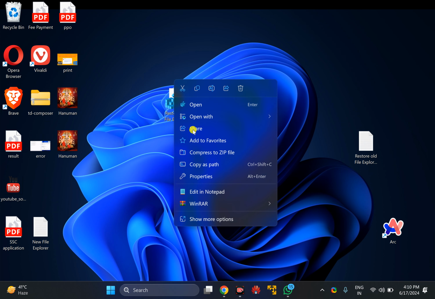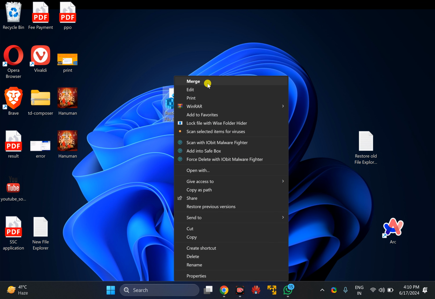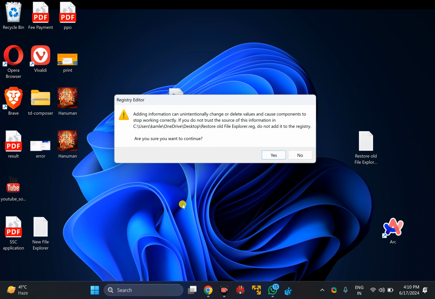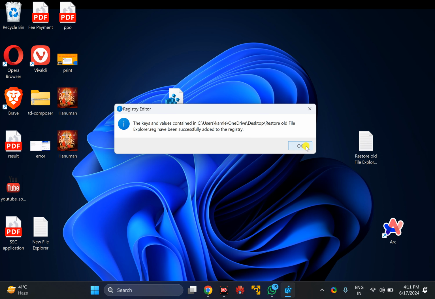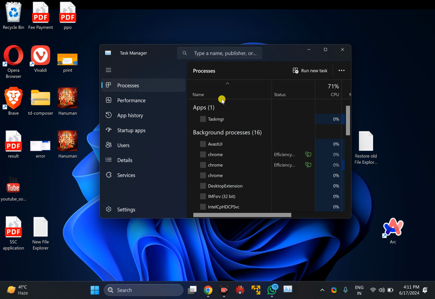Right click on this file, select Show more options and then click on the top entry, Merge. In case Windows prompts, click on the Yes button, again click on the Yes button, again click on the OK button. Now right click on the free space on the taskbar of Windows 11 and select the Task Manager option.